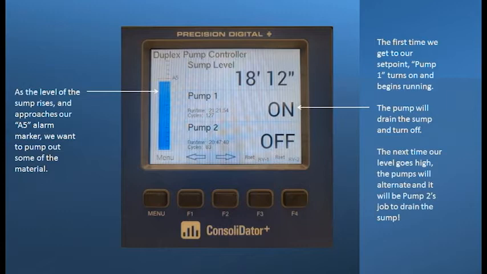And then when the level goes up to that point, the pump turns on, what's going to happen? The pump pumps down, and the pump turns off, and we're all good. But in this particular case, that's not what's going to happen. So the other thing we're looking at here is the fact that we have the pump status, whether they're on